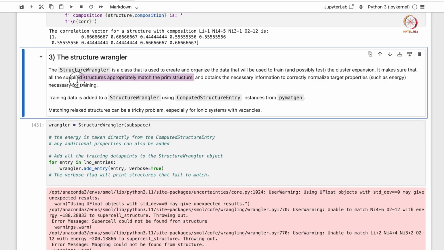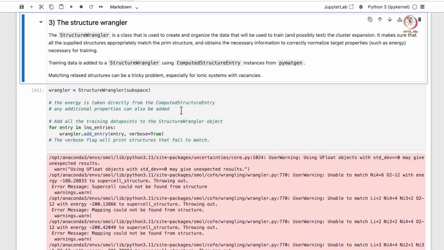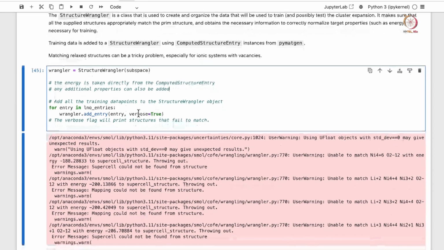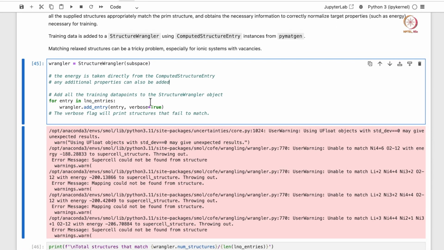When we import our DFT data here, it compares those DFT calculated configurations with the prim file and obtains some necessary information to correctly normalize target properties such as energy. Okay, let's define the instance of this class here, and let's add the DFT data to this model.